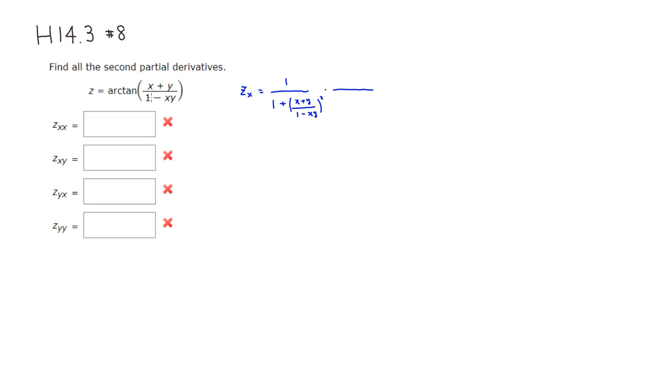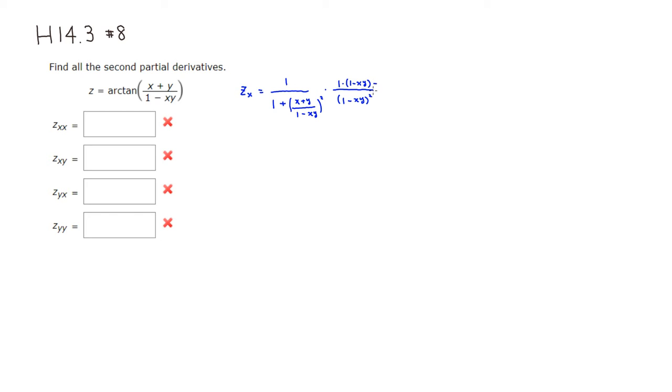So quotient rule, square the bottom, so (1 minus xy) squared, right? Then take the derivative of the top. I'm just doing the quotient rule. So partial of x with respect to x is 1, and the partial of y with respect to x is 0, so that's it. So times the denominator, which is 1 minus xy,